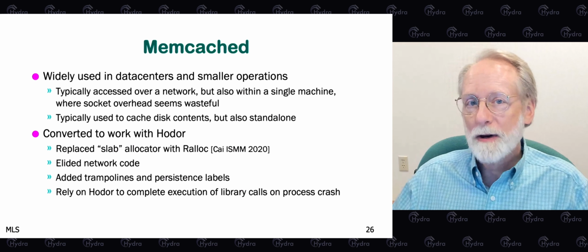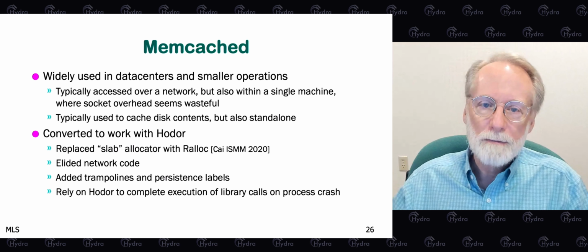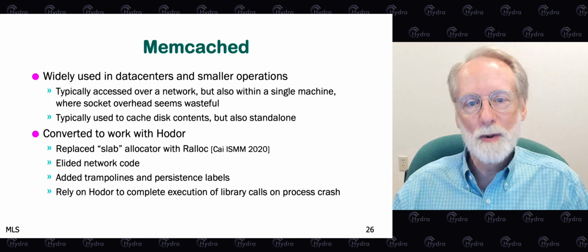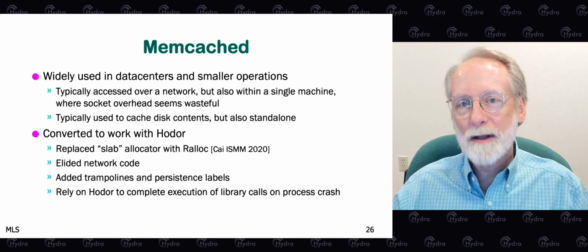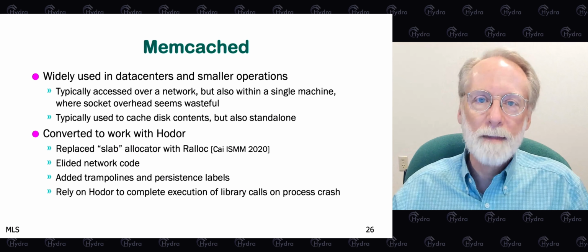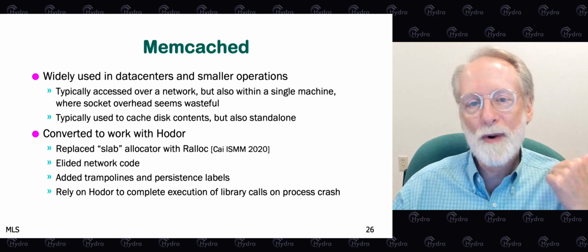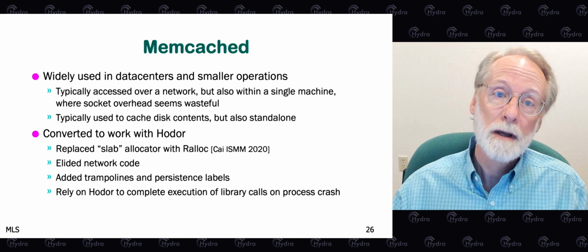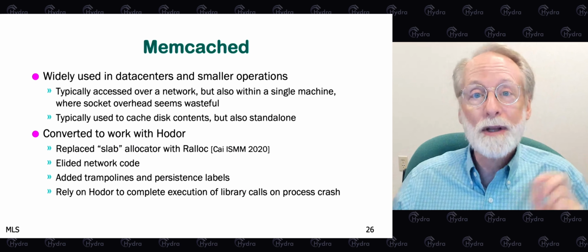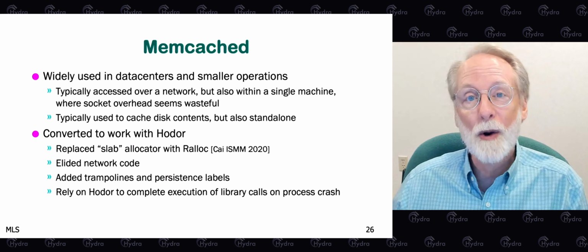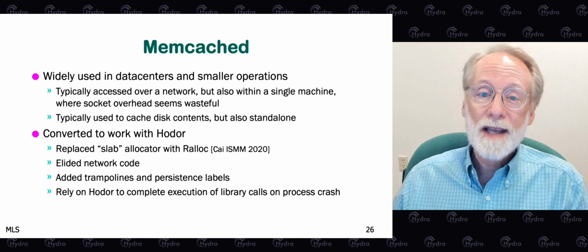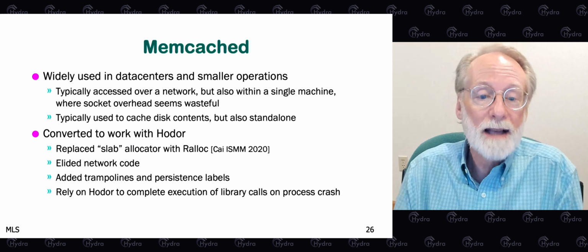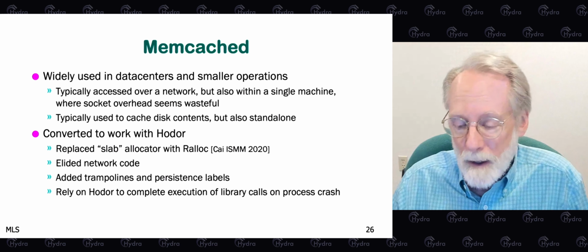Memcached uses locks internally. It's not a non-blocking application. So it would be bad if an application called into our protected library, acquired a lock, and started working on Memcached, and then some other thread in the application over which Hodor has no control segfaults. And the process crashes, including the thread that's executing the library code and holding a lock, because then the process would die while holding a lock, and other processes wouldn't be able to access those buckets of the hash table.